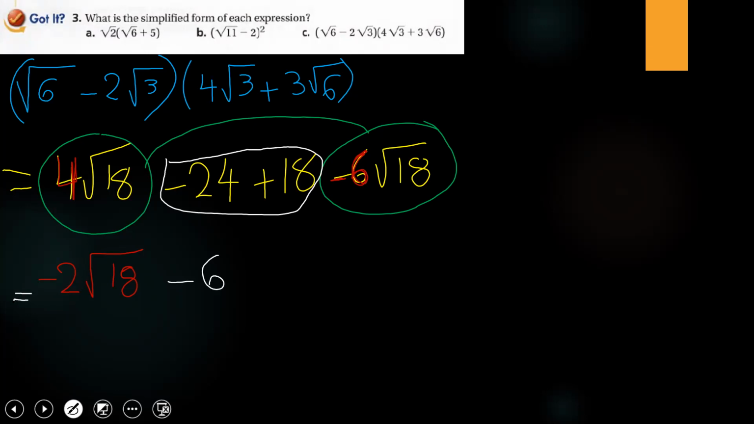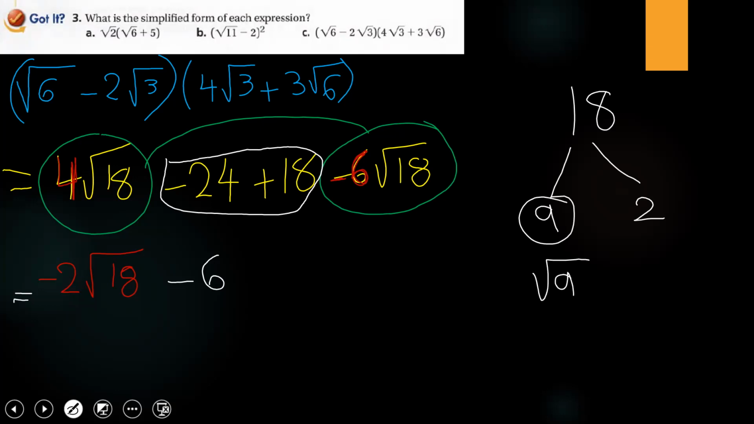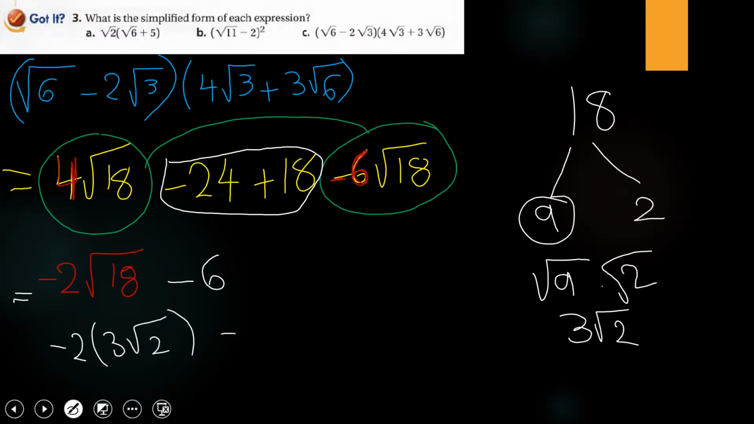I want the simplified one. Now look at the 18 now. Is it simplified? Is it a prime? No. So I will write 18 here, factorize it into 9 and 2. And since 9 is a perfect square, I can write it as square root of 9 times square root of 2, which is 3 square root of 2. So it's negative 2 times 3 square root of 2 minus 6. By multiplying them, we get